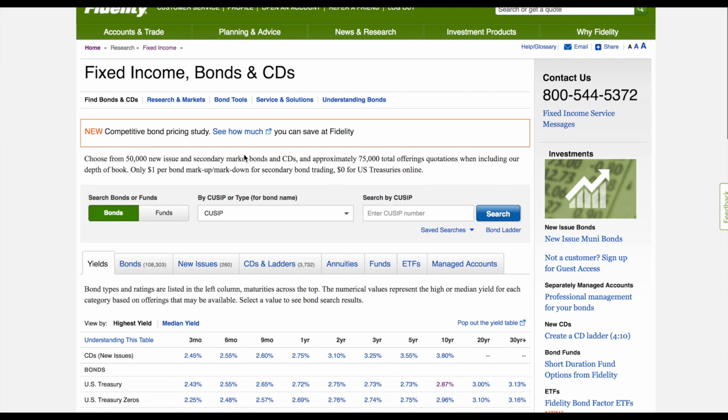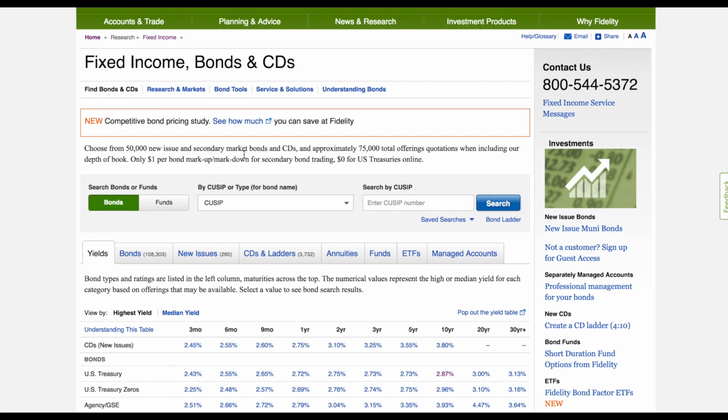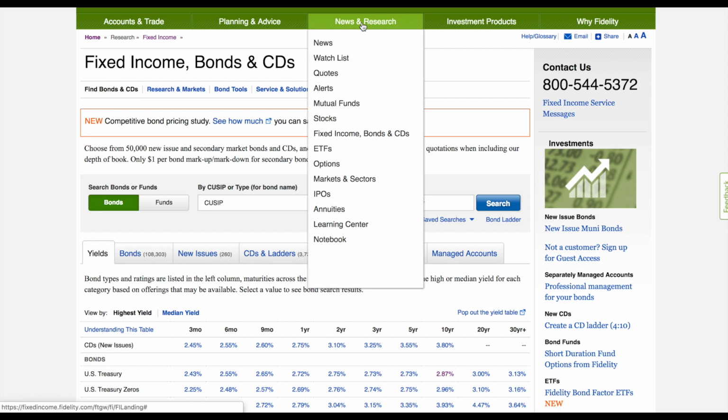So today we're looking at bonds. If you have a Fidelity trading account, you can go ahead and buy bonds through their platform. So let's get straight to it. We're going to go over to the News and Research tab, and then we're going to click on Fixed Income,